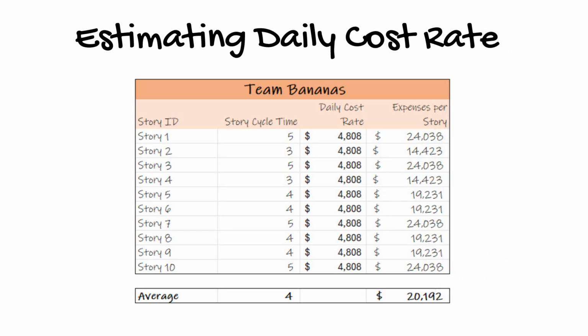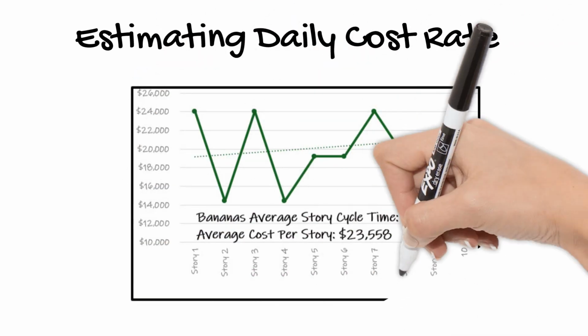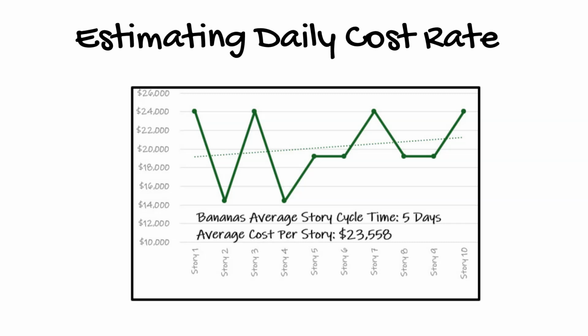By understanding the cost per story, we can make informed decisions about where to focus our efforts, ensuring we allocate resources effectively to address bottlenecks and prioritize work that delivers the most value. This method provides a clear financial perspective on the impact of our work, enhancing our ability to optimize both performance